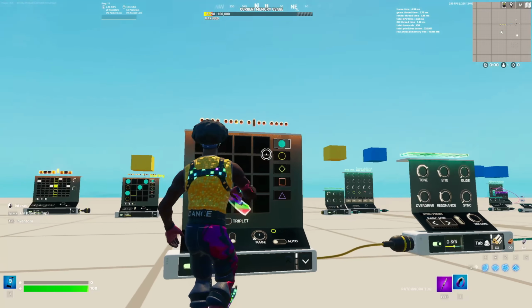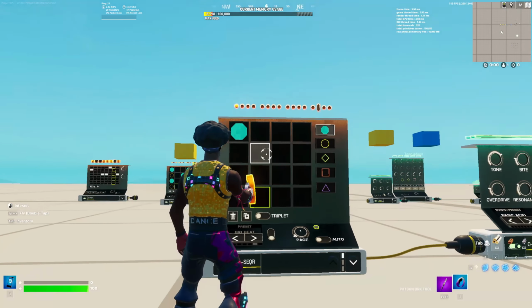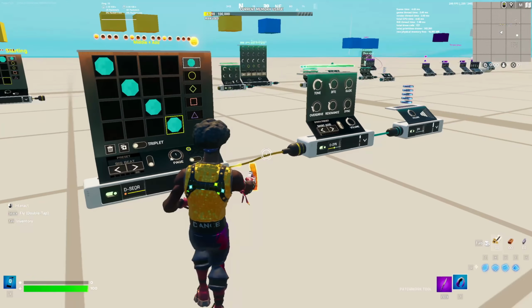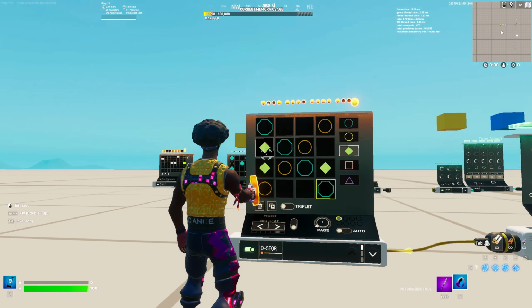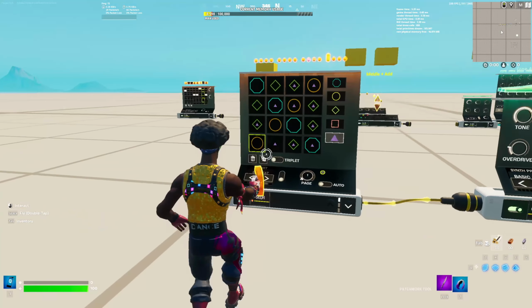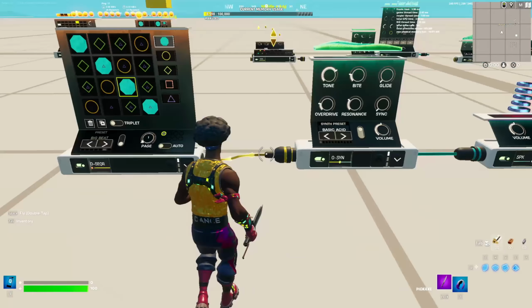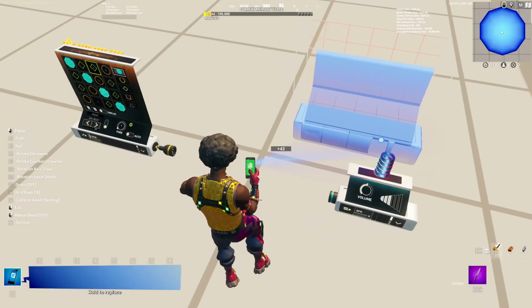So, as you can see, we can add our own beats. If we take this shape here and we go like boom, boom, boom, boom, it should play through the speaker. So if I add a circle one, or if I add triangles, it's a little quiet right now. I'll turn it up in a second. If I just add triangles everywhere, say that was my beat or something like that. It would go through here, and I can change this. Let me add a different one. Let me use this one instead.